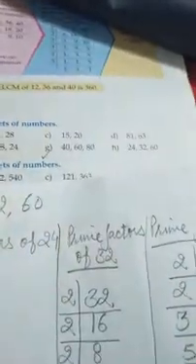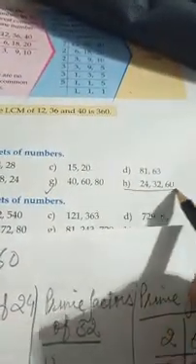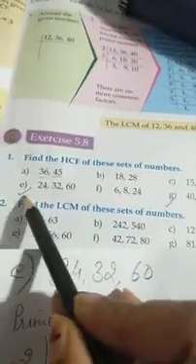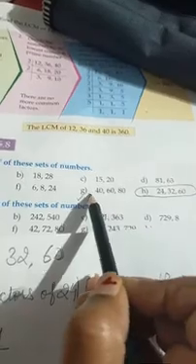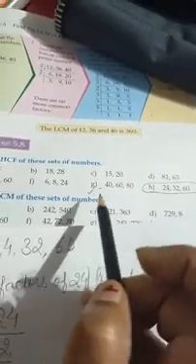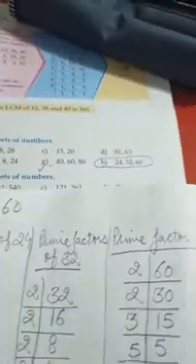Now I will tell you one more part, G part, that is 40, 60 and 80. See how to do this sum. Here you can see H part is repeated. E part and H part, both statements are the same, so only up to G you have to do the sums. The statement is 40, 60 and 80. See how to do this sum.